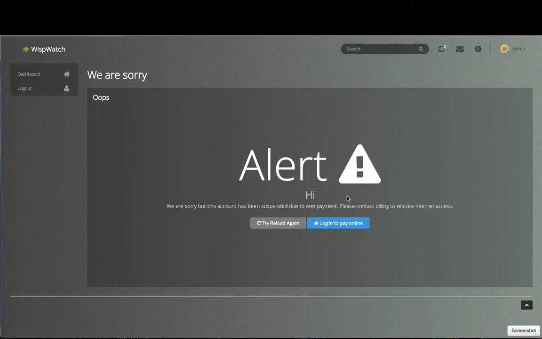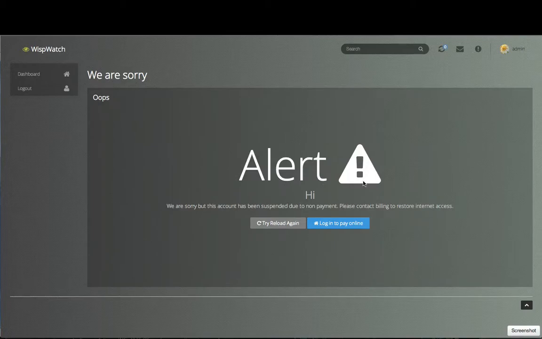restore internet access. We've taken this a little further, and with Tracker and your billing system, whatever that may be, we allow you to create other custom messages. For example, in the system, let's say that you have an access point that is down and you want to display a message, or you just want ServerPlus employees to know, hey, if a customer calls in and they pull up this account, save yourself the time of troubleshooting,